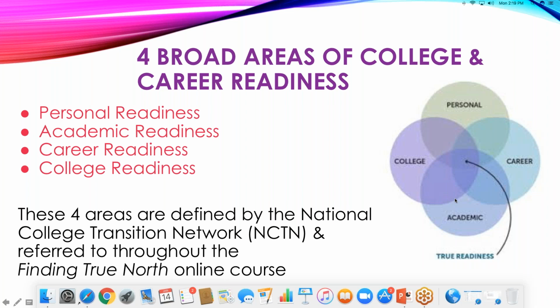Yes. Finding needed resources. Yes, where do I go on campus if I need to find library materials? Where do I go on campus if I need to make an appointment with my advisor? Excellent. Okay, so all of these different skills are ones that our students need to develop in order to have